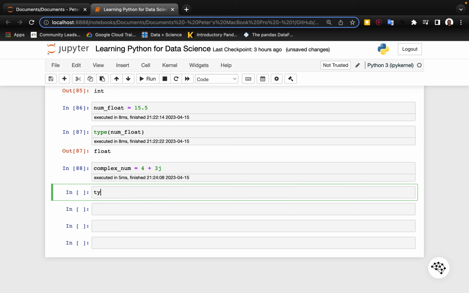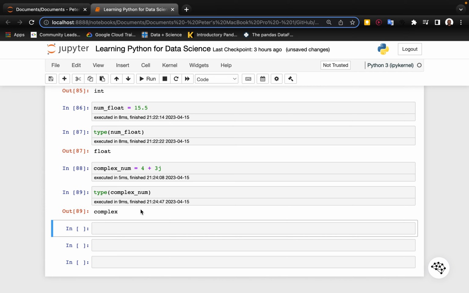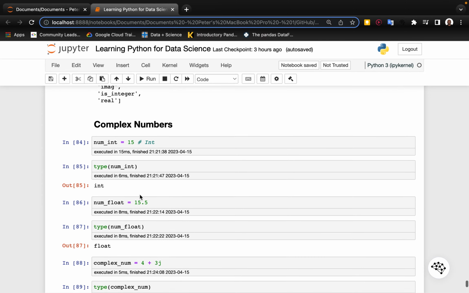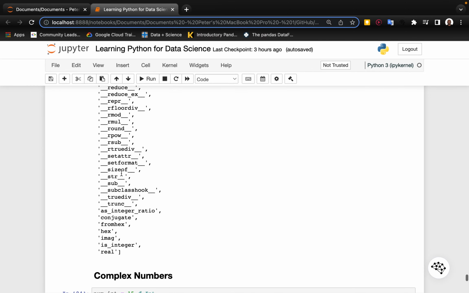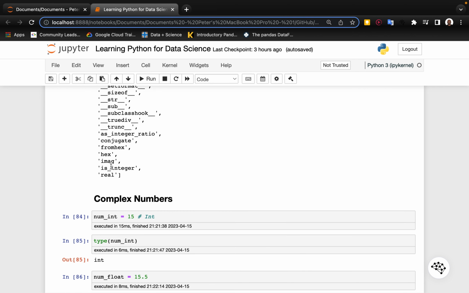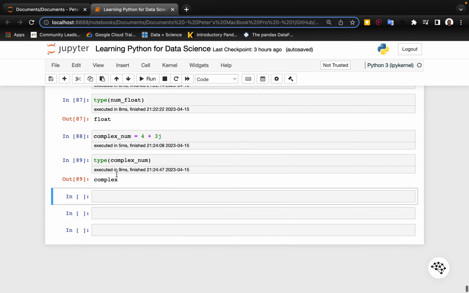Again, if I use type and put in complex_num, you see that it's complex. If you want to find out which of the numbers is a complex number, you use this. Now this takes us back to where we looked at the methods for integers and floats. You can see here imaginary and real. So I can just say complex_num